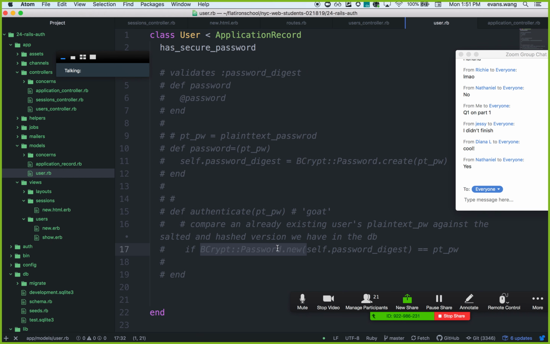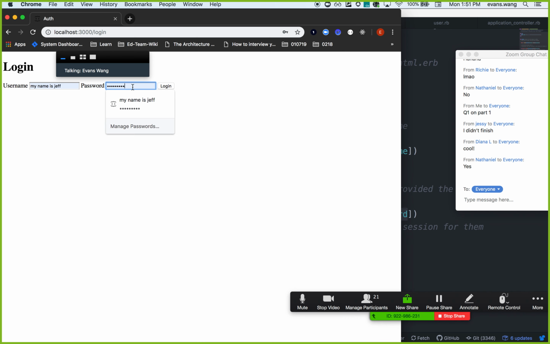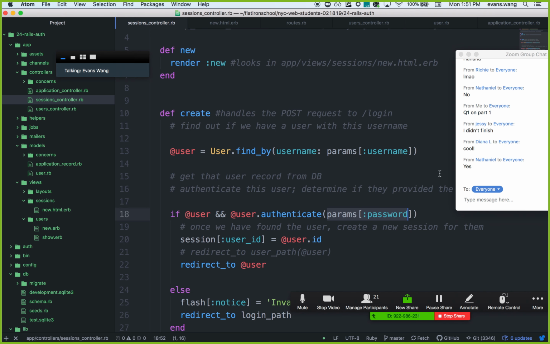So what I can do is with authenticate, if I pass in the plain text password, which I actually have, I'm getting from the params, right? When the user logs in from the form here, the params, they type in a password, I can run it against authenticate and see if it's true, then that means that person has the correct password and is in fact authenticated. The reason why I want to do something like this is because what happens if this user is nil